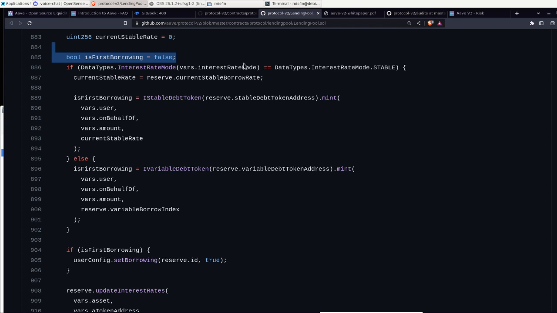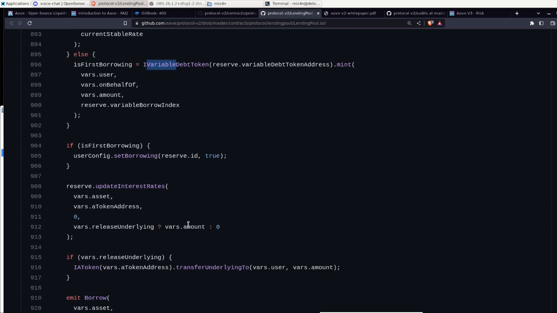stable. So if the interest mode is stable, what we're going to do is create the debt based on the stable debt token. And if it's a variable debt, not stable, so based on some other token, we're gonna be minting the other token, the AAVE tokens based on token 0.